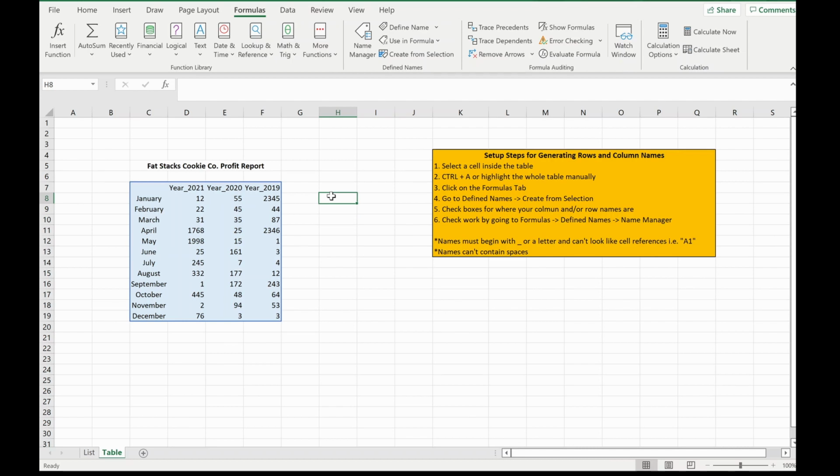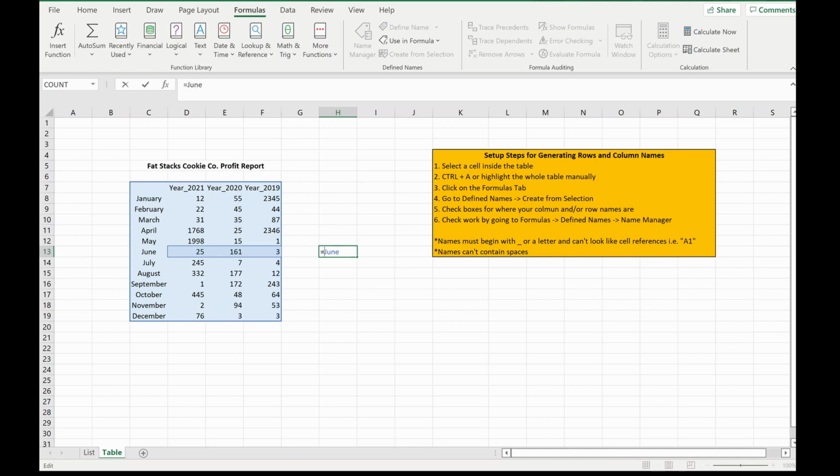And so now I'll show you a couple little basic equations you can do to work with these names you've generated. As we see here, all you do is hit equals, whatever year you want, it'll pop up the whole column. And now say you want to sum up every entry from year 2019 to 2021 for June, all you do